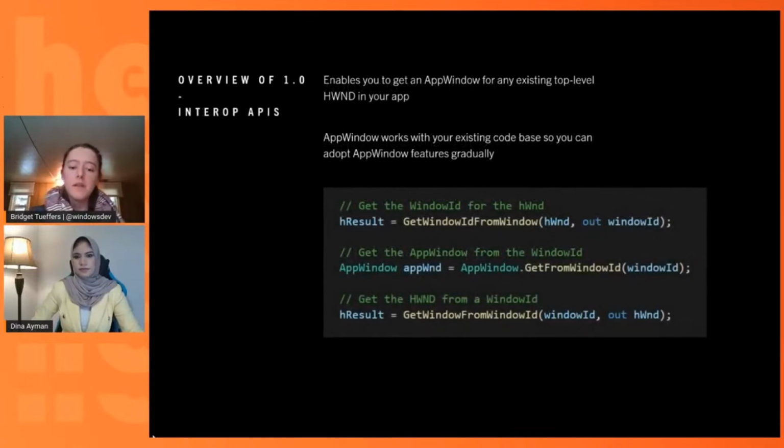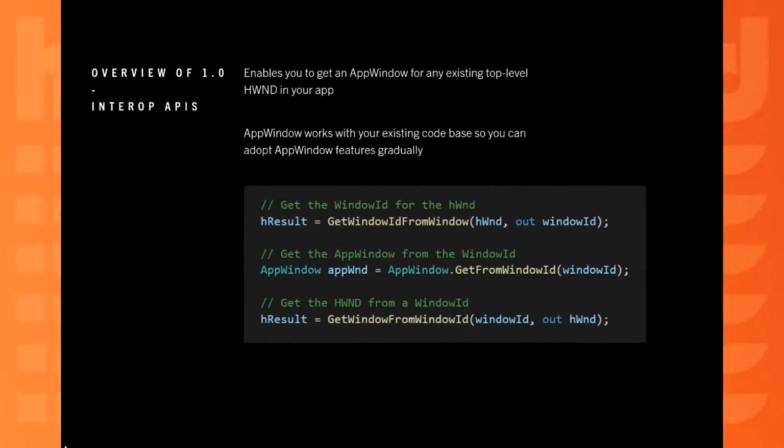So, what is it we're shipping in version 1? It's all about interop and giving you the ability to get App Window for your existing windows, created by the UI framework of your choosing or from user32 APIs. To facilitate this, we provide helper methods that allow you to translate between different layers of the stack and from one object to another. Using this pattern tightly couples App Window from the framework window object in a way that if you change one, the other will change too. Think of it as operating on the same HWND, because that's really what's happening.